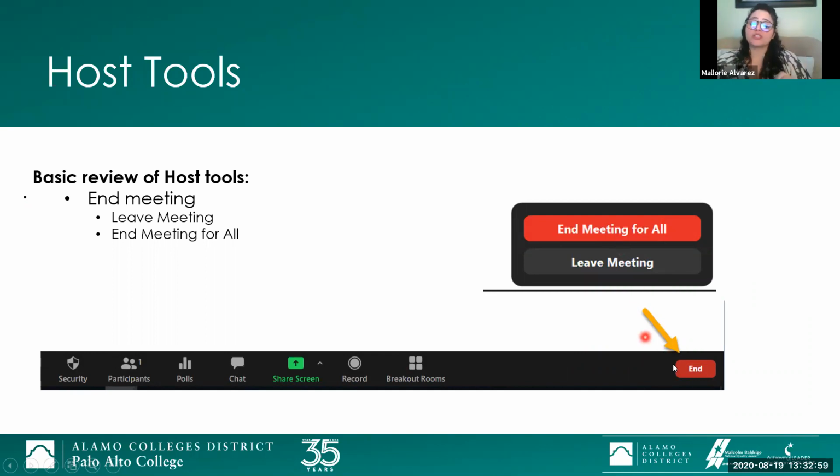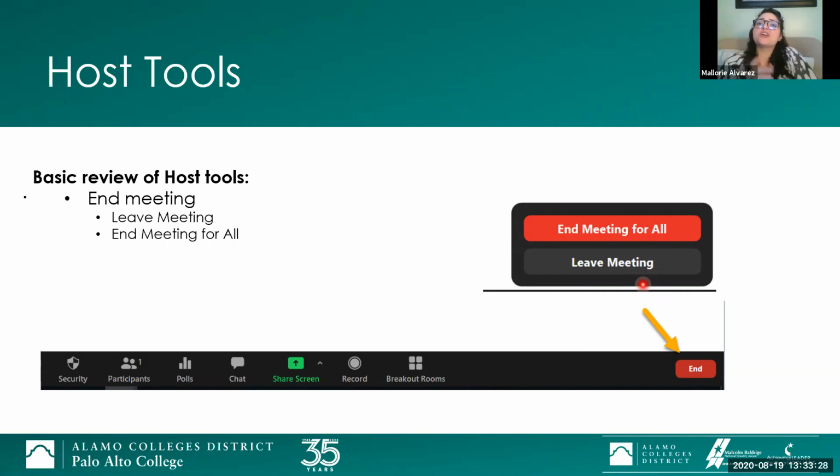The first one is end meeting for all, and the second one is leave meeting. Your Zoom session is not over until you click end meeting for all, and that's going to exit everybody out of the meeting. If you select to just leave the meeting, your Zoom session is still continuing without you.